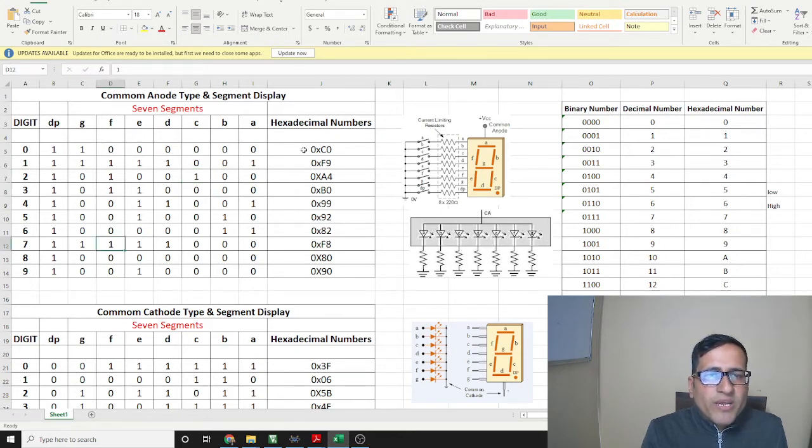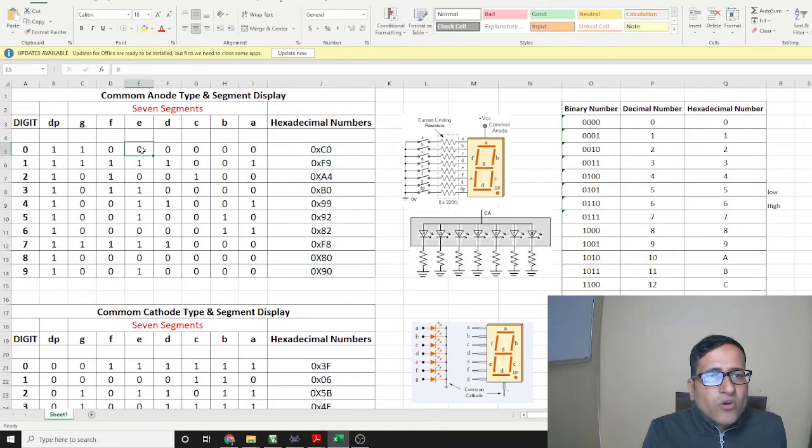The corresponding hexadecimal number will become, if we take these four, A, B, C, D, it is 0. As we can see here, these are zeros, so we take this 0.